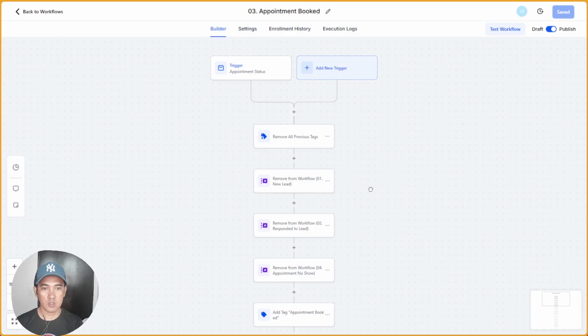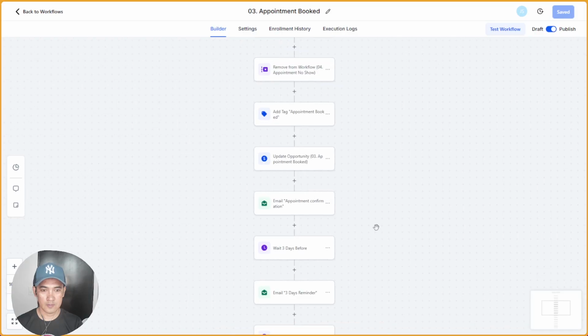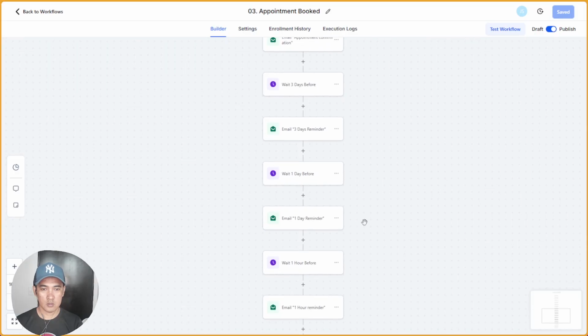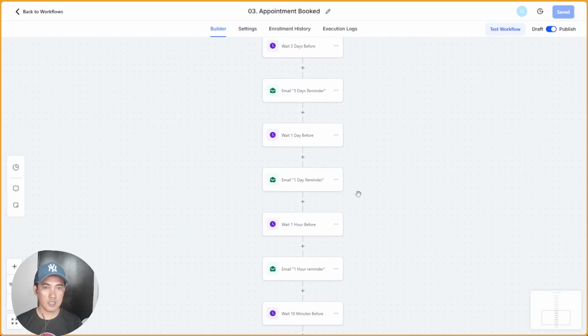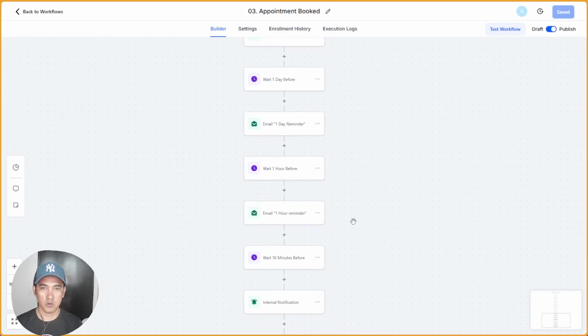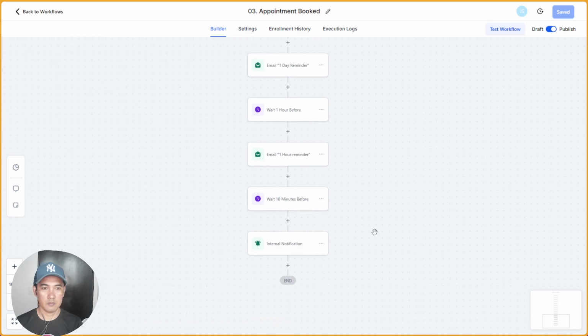So appointment book, these are the actions. Yeah, just like the workflow I showed earlier, a series of reminders before the scheduled booking time, right?